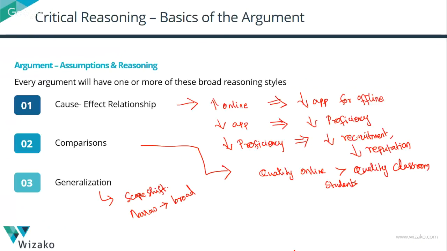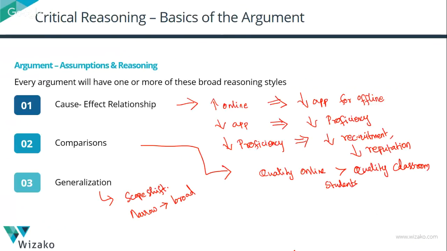A study or a survey is always based on a sample population. If I said I took a survey in a particular city, I wouldn't have surveyed every single individual in the city. I would have talked to a few hundred people maybe in the city. And then if the survey results are showing something, the conclusion would probably recommend that the city has to go ahead and implement that. So the assumption in the argument is therefore that what is true for the sample who was surveyed must be true for everybody in the city. That is why I'm making that recommendation. So a lot of times these scope shifts will happen, most evidently when there is a study or a survey, and people reading the argument don't realize these scope shifts.